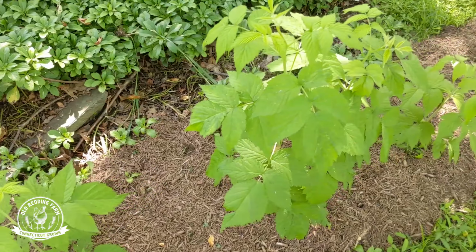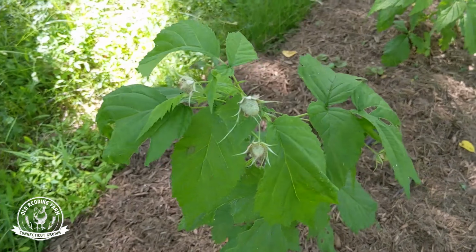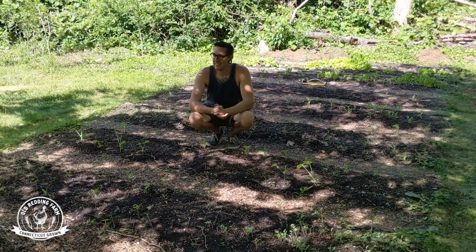Everything's doing really well. We went through and added extra mulch on our 3 raspberry rows, so those are looking really good. So now we're here in our market garden, and here comes our...